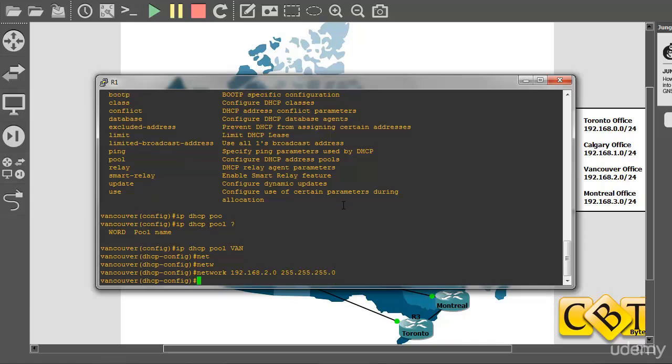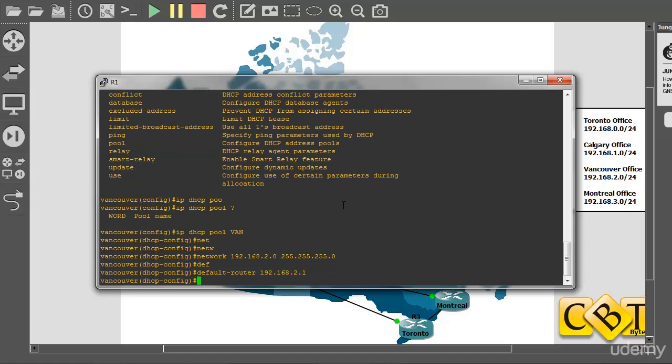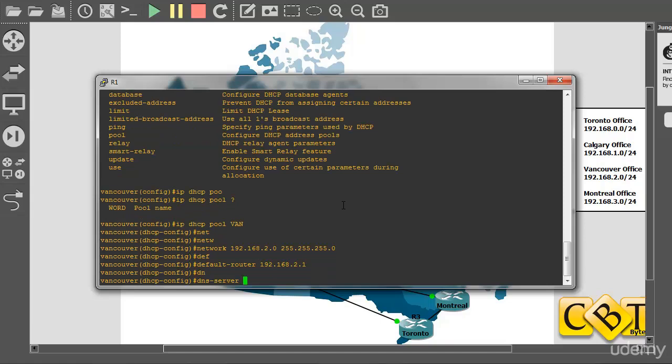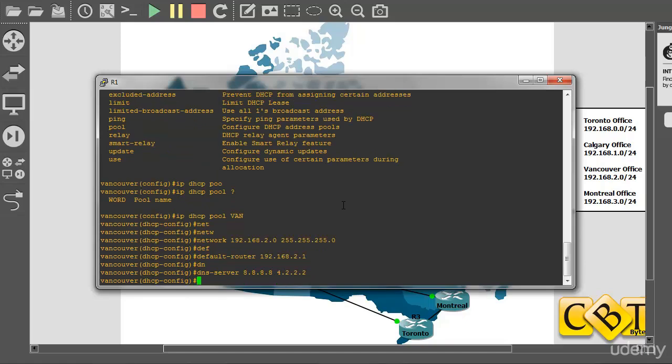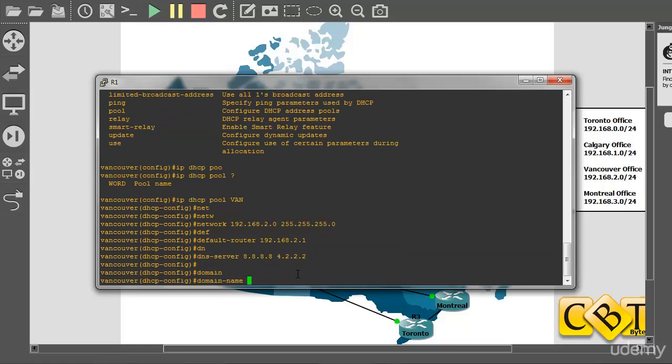So network is 192.168.2.0. They need a default router, which we'll set to the router's main IP address, which we set on the loopback address. We need DNS servers, so we can resolve DNS names like Microsoft.com to an actual IP address. What else do we need? So we have the IP address from this range that will be assigned to us, the first available one. We have the default router, we have DNS, we're going to set the domain name, and we'll set that to cbtbytes.com,